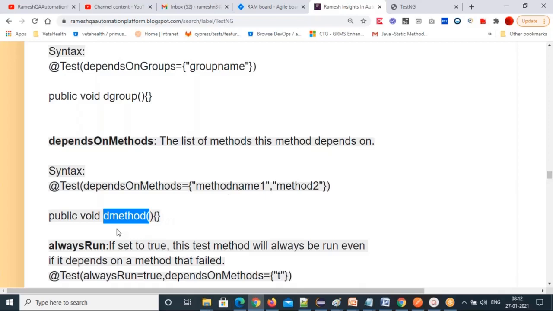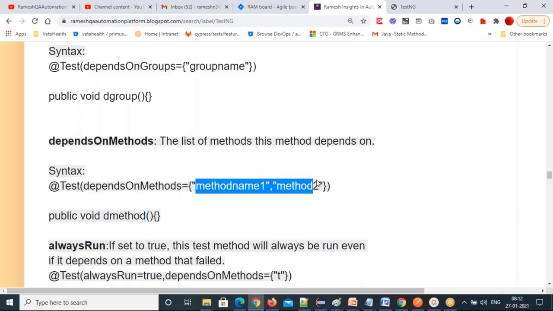How can you set that? Using the dependsOnMethods keyword. So this D method depends on these methods.